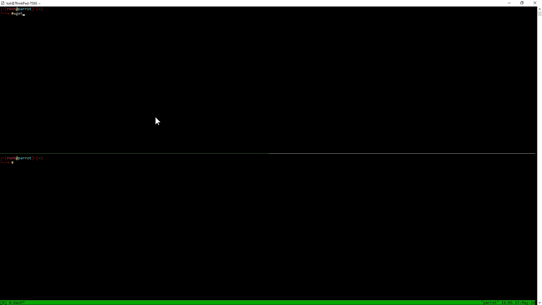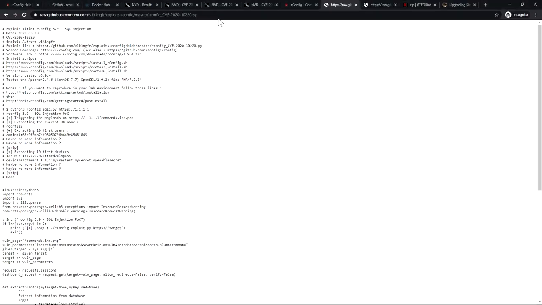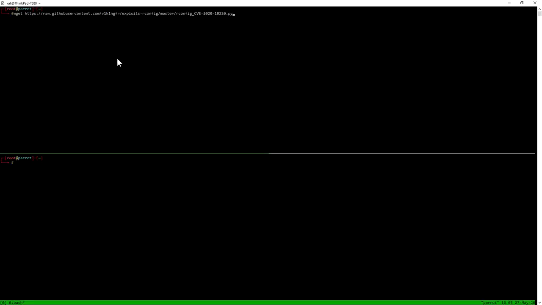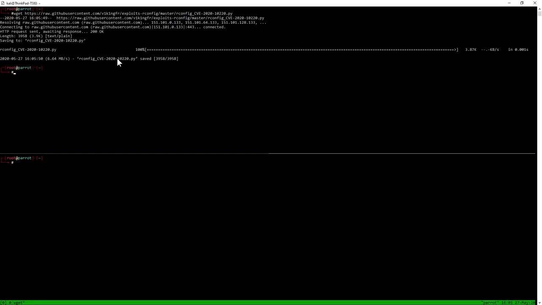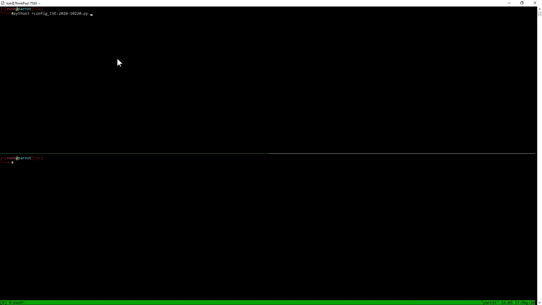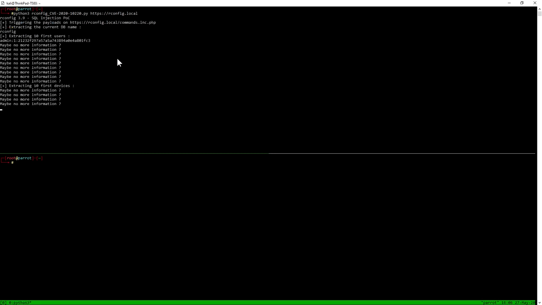Let me clone the particular POC onto my system and use it. I just need to provide the URL to the vulnerable rConfig, and it will extract all the usernames and passwords. So let me quickly do that, and the URL for that is rconfig.local. Let it run.